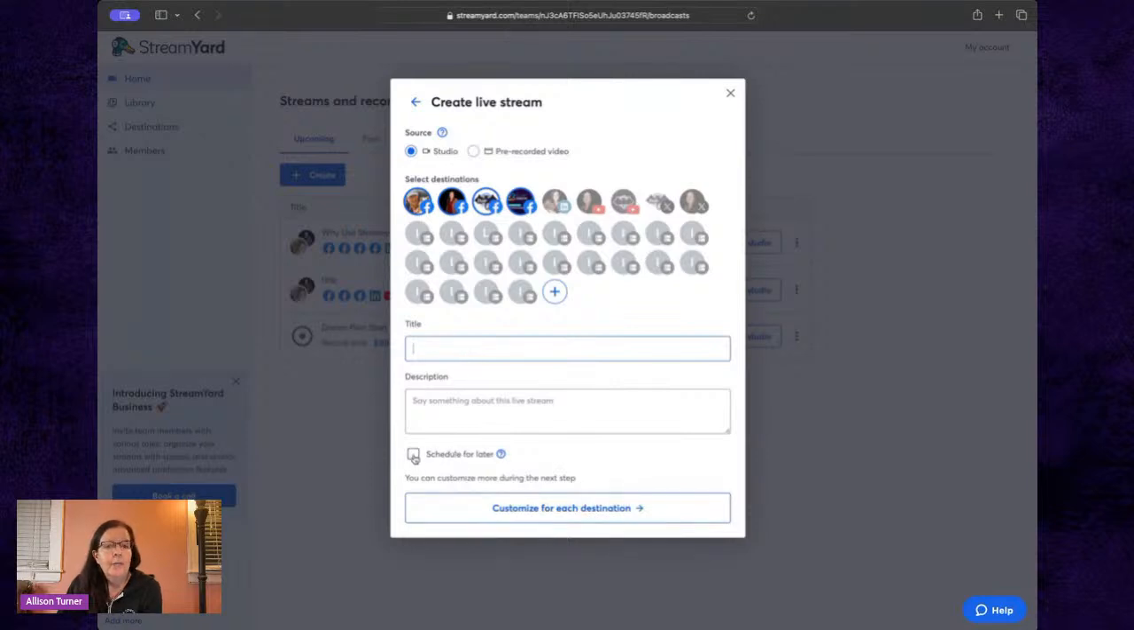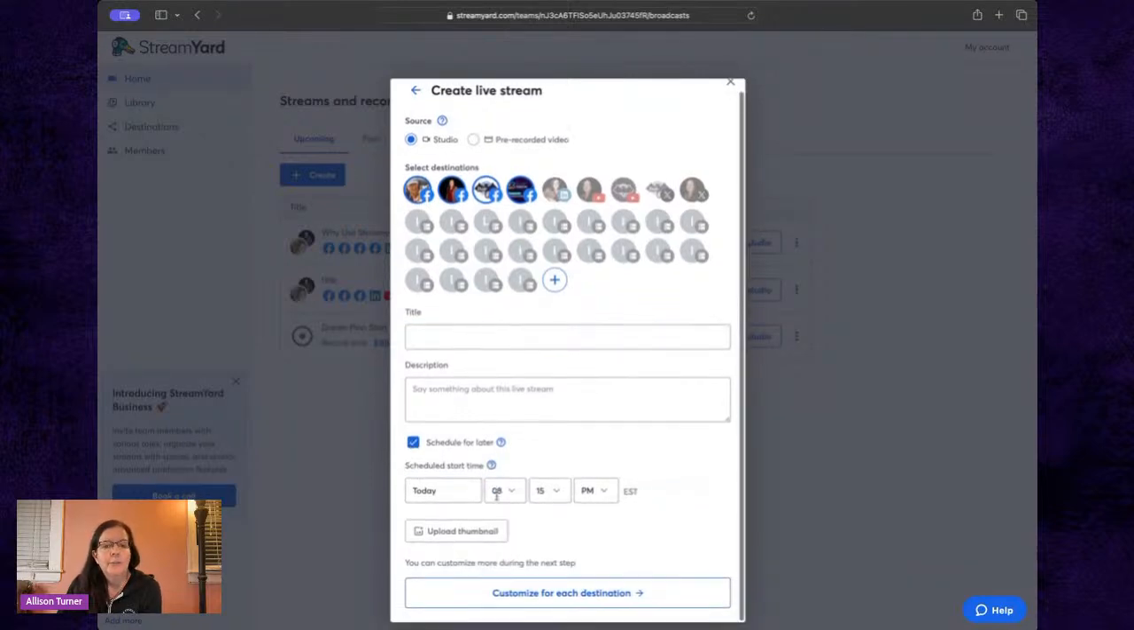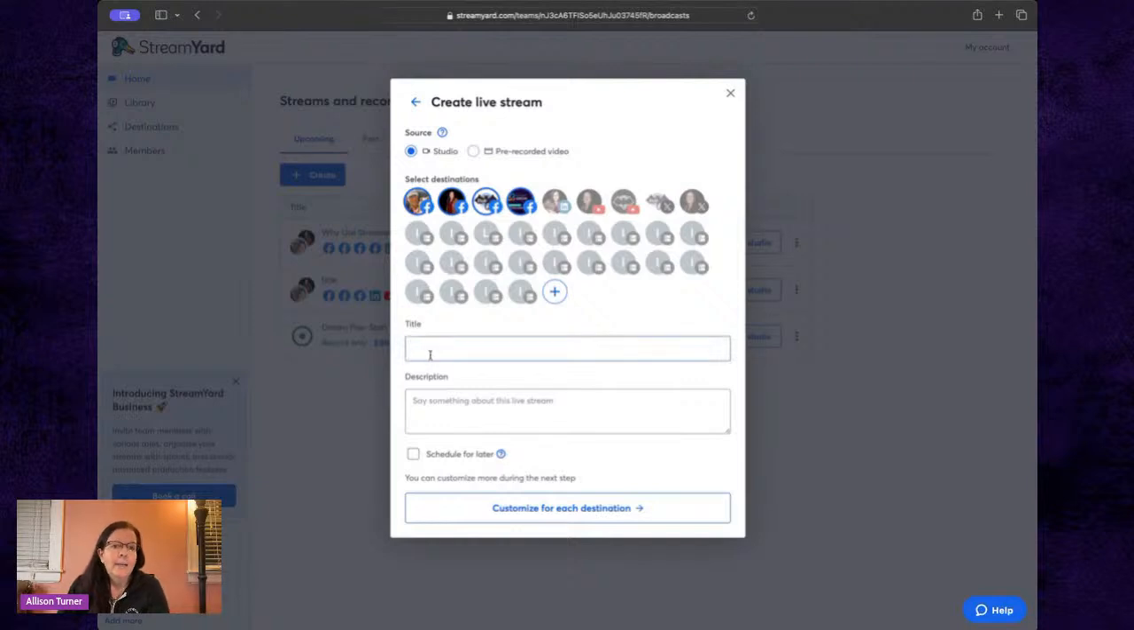So if I schedule for later, it gives me these options to give me a start time, and to upload a thumbnail, because I guess on some platforms it'll give you a coming soon live stream thing. I have not actually tried the schedule for later. I played with it the other day, but I haven't actually used it. But that's one option. Or if I want to go ahead and do it now, like I'm doing right now,